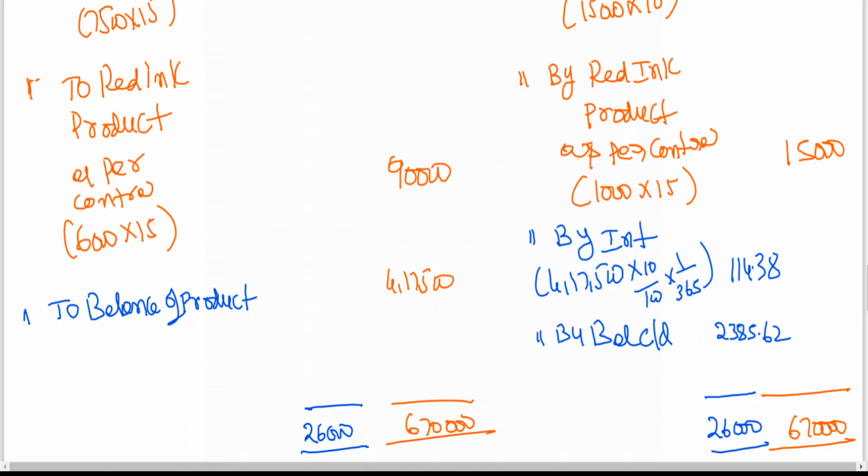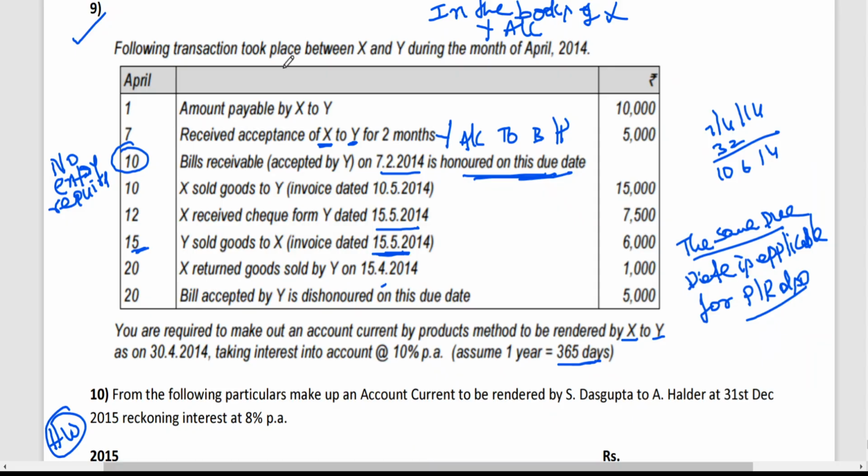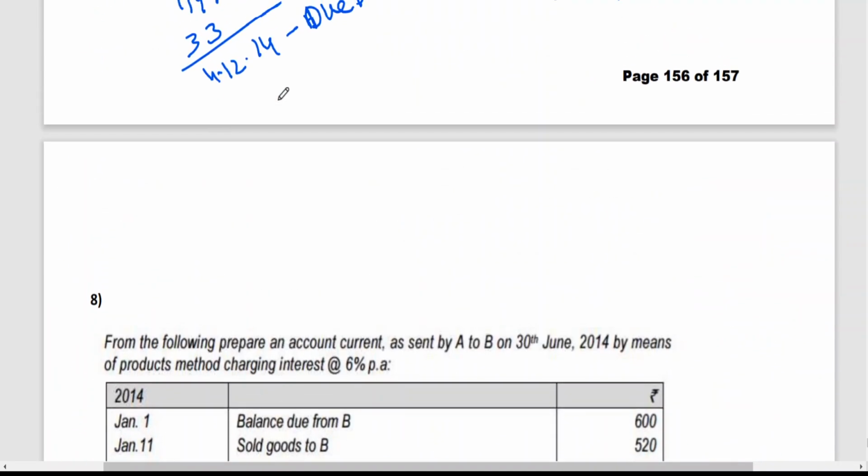So far we have been discussing two methods. These two methods have been completed. Now only one problem that is being left out. That is what we will be discussing now. Okay, now we can see the problem left out. That is